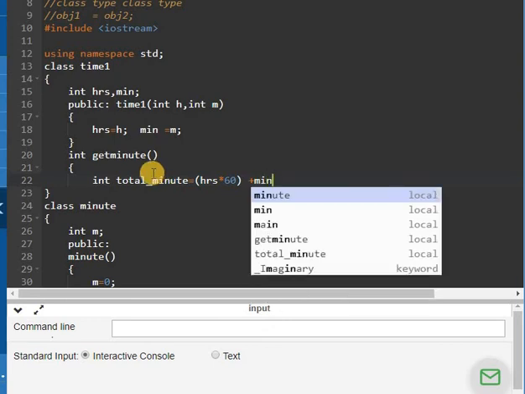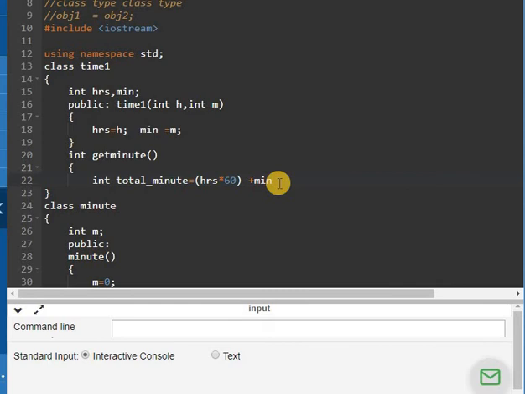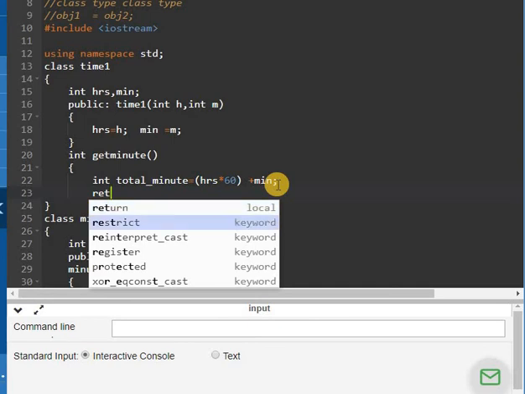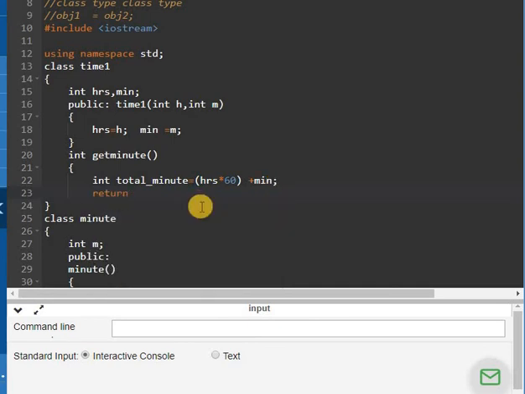So it will give you the portion of the minutes from the hours, and then you add this to the minute variable, and you will get the total minutes. Semicolon, then return total minutes.